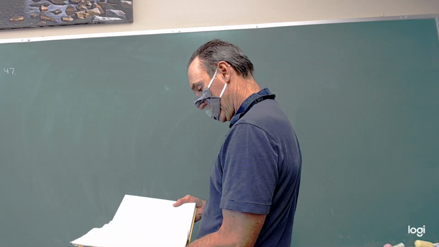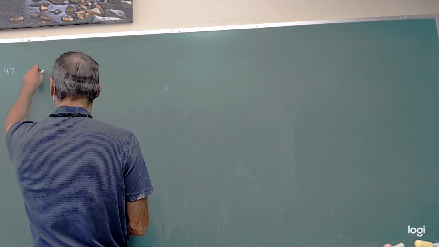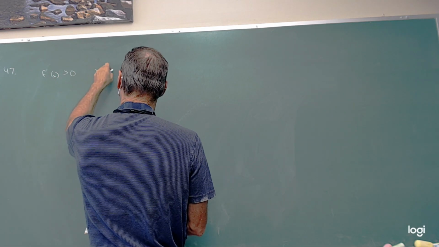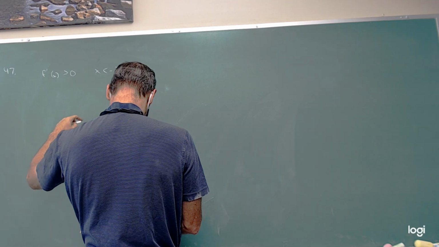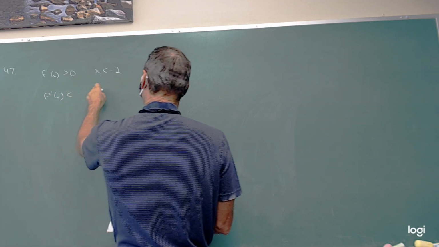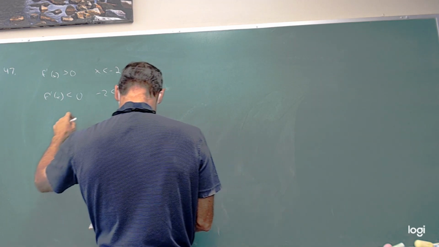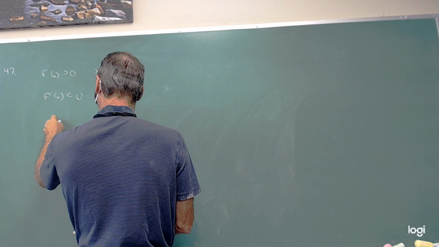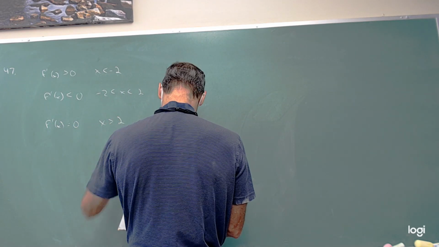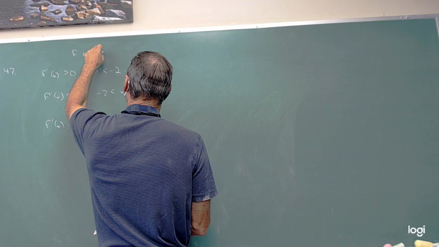Oh, draw the graph, okay, I got you. Of a continuous function. And so what we know is that f prime of x is greater than 0 for x less than -2. And that f prime of x is going to be less than 0 for -2 less than x less than +2. That f prime of x is equal to 0 for x greater than 2. And that has to be continuous. That's kind of important